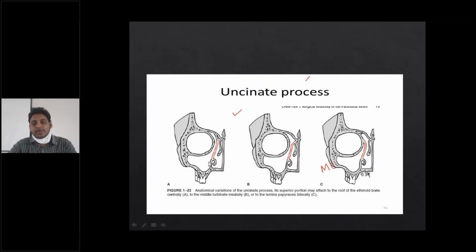Depending upon these attachments, the frontal sinus drainage pathway will vary. Here the drainage will be lateral, into the maxillary sinus. Here the drainage will be lateral because there is an obstruction here. Here attached, the frontal sinus will be draining into the maxillary sinus. Here, because of the attachment into the lateral side, the drainage will be into the midline, medial side. Okay. Here the frontal sinus will be draining into the medial side.